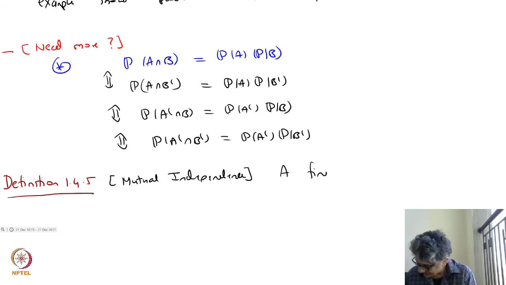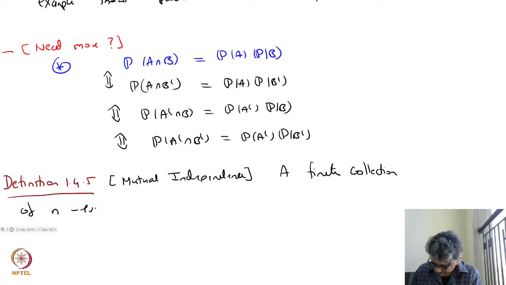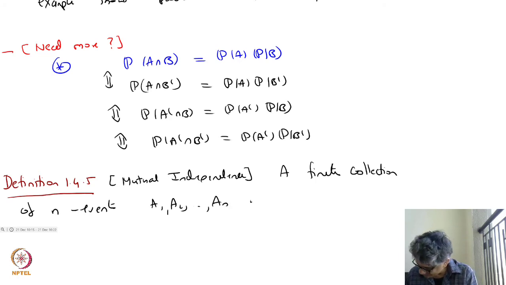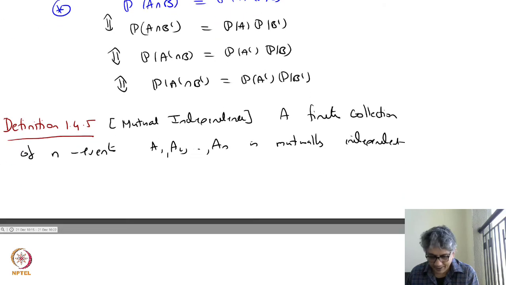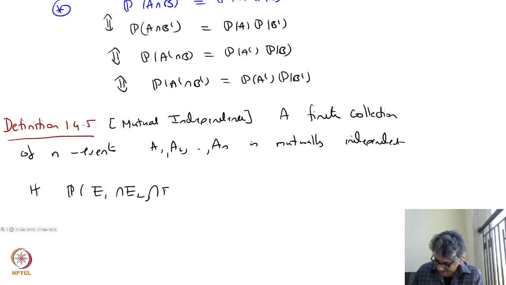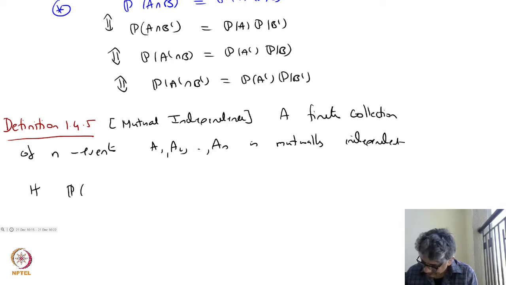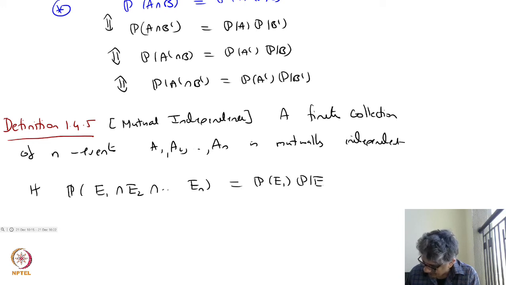A collection of n events, a finite collection of n events, say A1, A2, up to An, is mutually independent if probability of E1 intersection E2 intersection up to En is equal to probability of E1 times probability of E2 times up to probability of En,